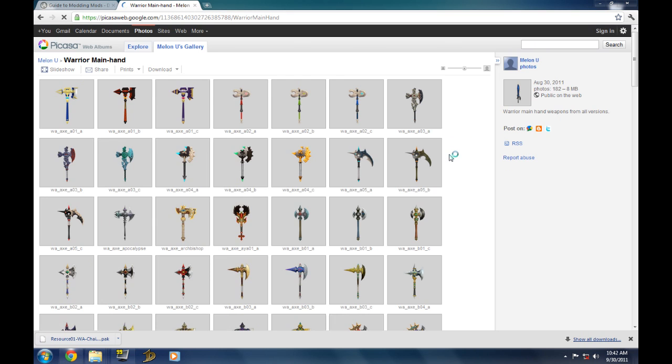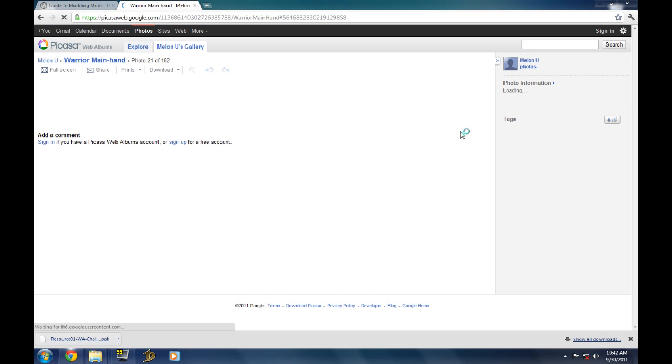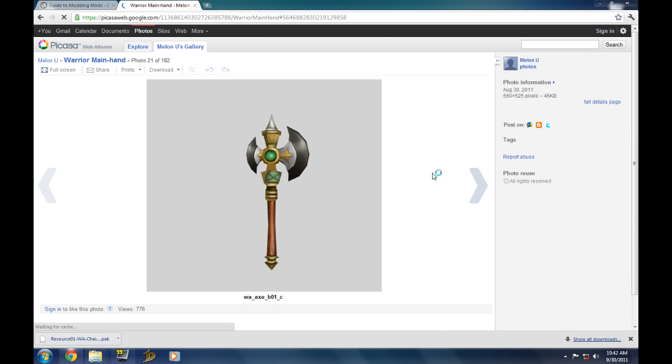Now, the weapon I'm wearing in game is this, the level 24 rare axe. So now that I know what it's called, Warrior Axe BO1C, I want to copy that